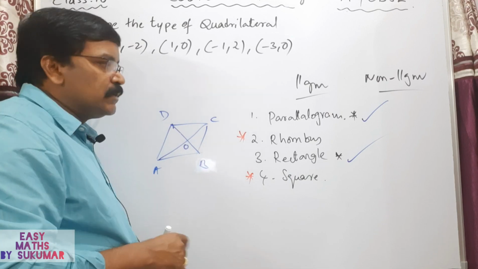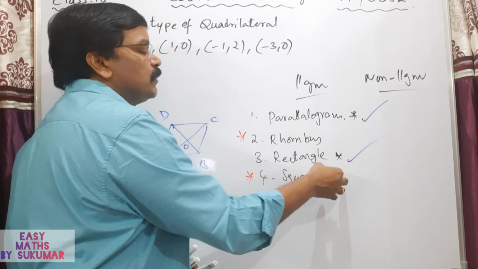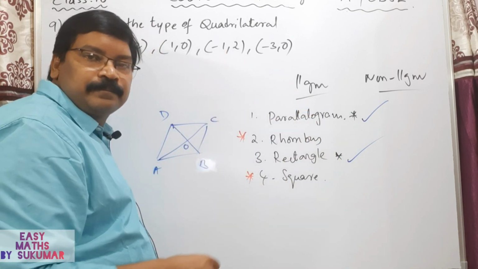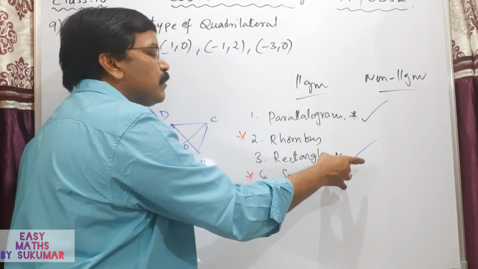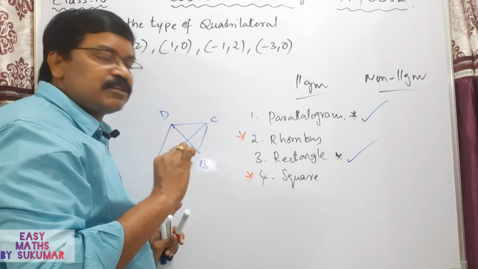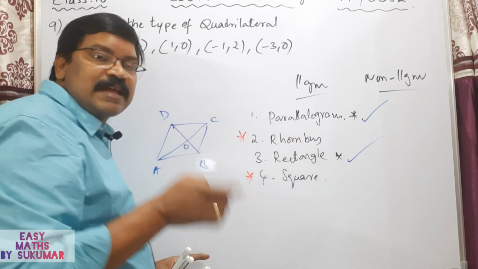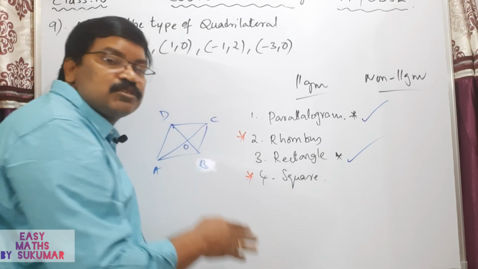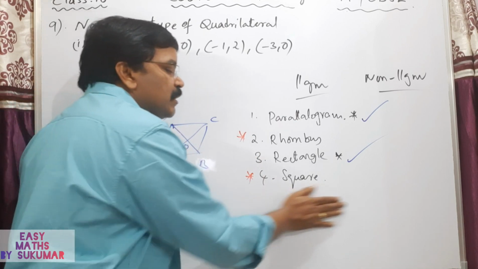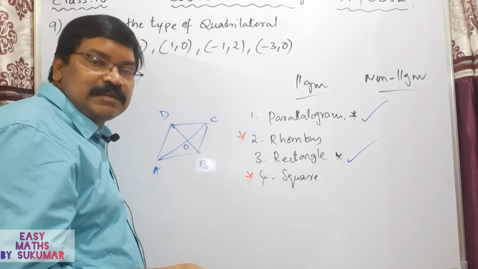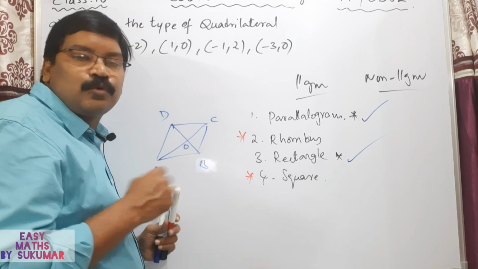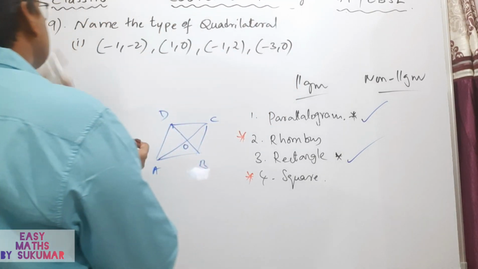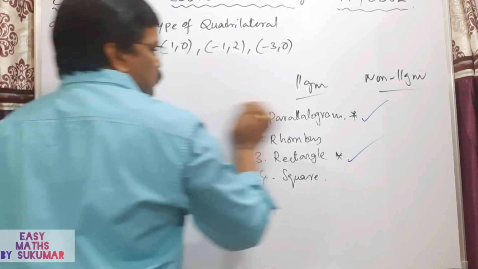Okay, my dear students, the diagonals are equal in a rectangle and a square. But coming to the parallelogram, the diagonals just bisect each other. In the rhombus, the diagonals bisect each other at right angles. Even in the square, the diagonals bisect each other at right angles, and the additional property in the square is that the diagonals are equal. So based on these properties, my dear students, we will solve this ninth set. So before we